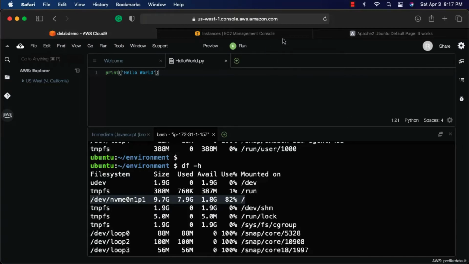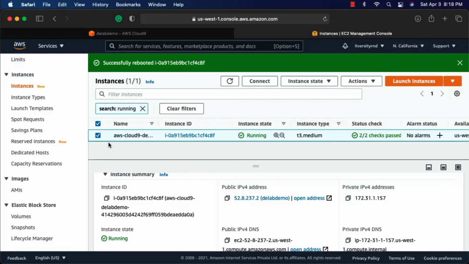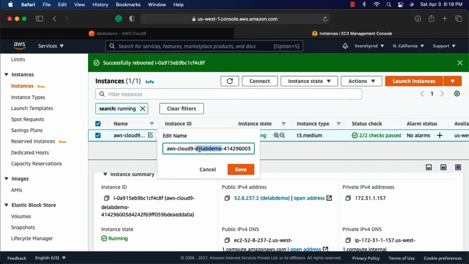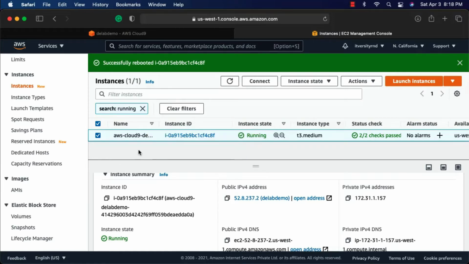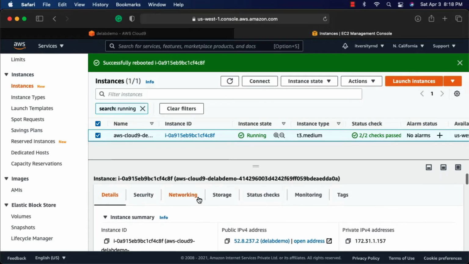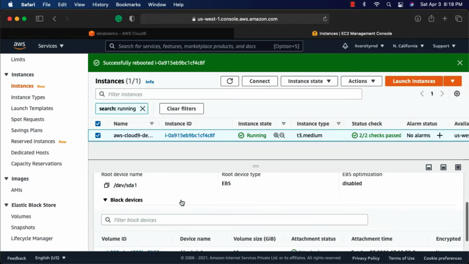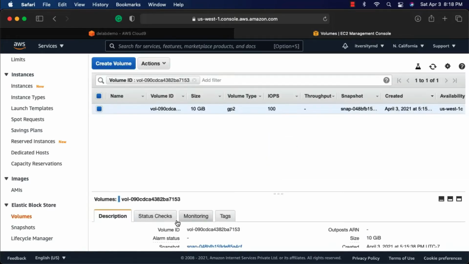In this case, first you have to go to the EC2 console. You need to ensure that the appropriate instance is selected as part of the EC2 console. Here you can see that I have selected the EC2 instance related to DE lab demo. You can see the details here. Once you ensure that you have selected this, you can scroll down, go to the storage here, scroll up, click on this to go to the associated volume with respect to this EC2 instance.